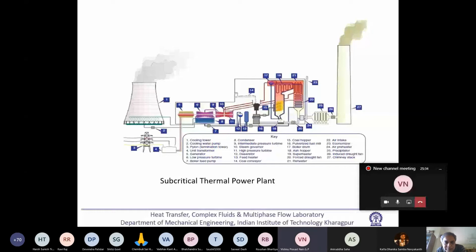Yes, sir. All right. And there's no regeneration, is it? Regeneration is here because feed water heaters have been shown, but not in that detail. See, what is regeneration? I have tried to define regeneration: taking thermal energy from the same cycle, if we do some heating, we are not burning extra coal, so then we call it regenerator or regeneration.